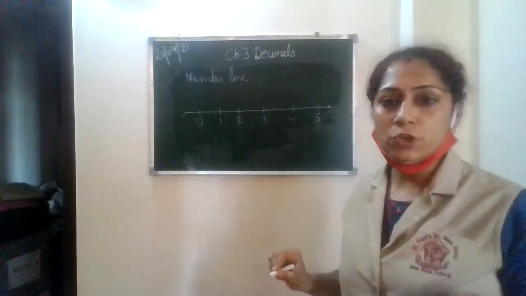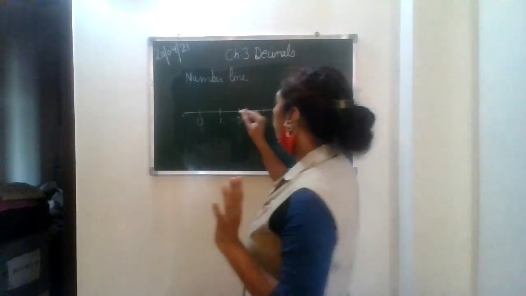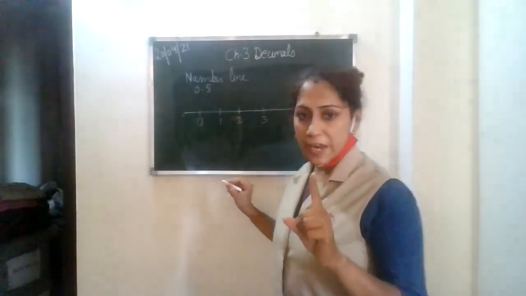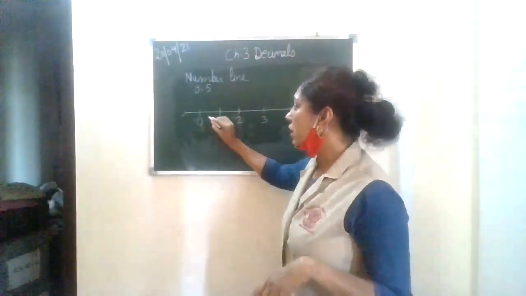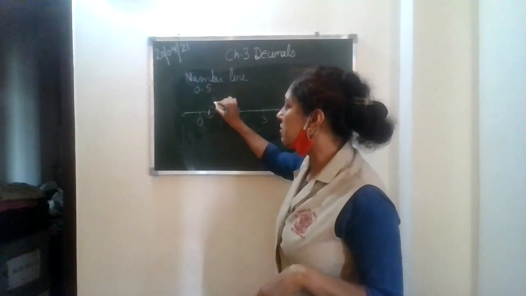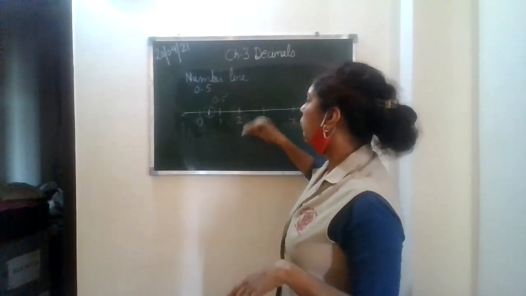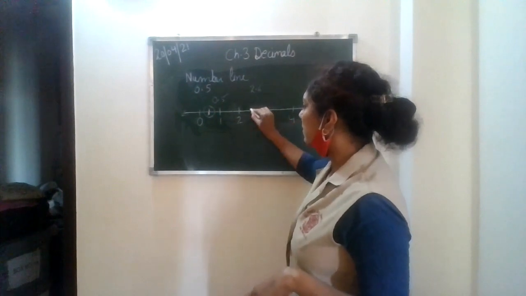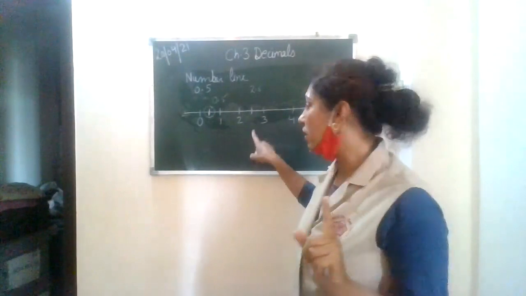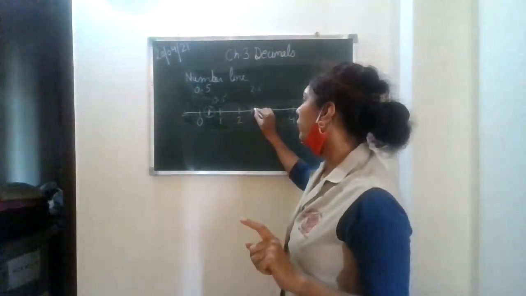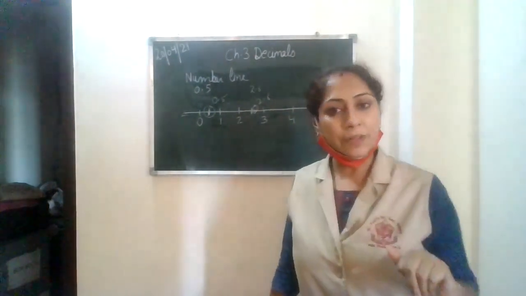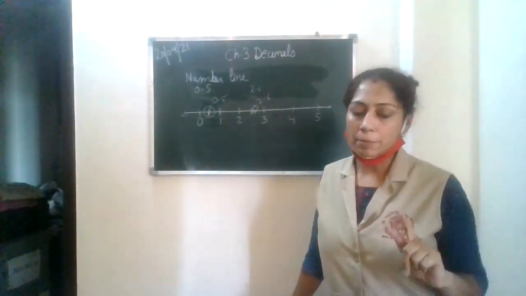Okay. If I ask you to represent 0.5 on the number line, fine, you will use the scale from 0 to 1, and in between at 0.5, you will say this is 0.5. If I ask you to point 2.6 between 2 and 3, half on a scale, you can see the pointer. Just immediately after half, 0.6, this is going to be 2.6. Like this, you have to represent decimals on the number line.